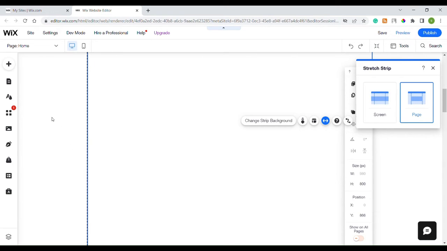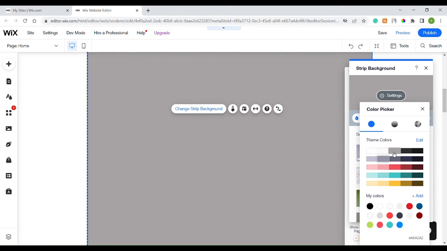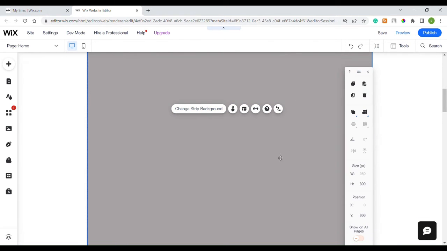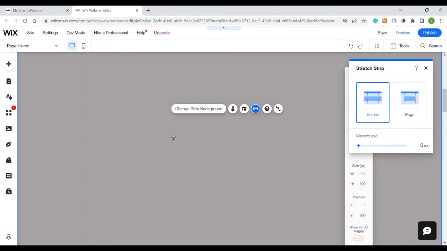Here is the background of the page basically, and this is the strip. So I will add a color so that you can understand it better. As you can see, we have given color to the strip, and this is the strip. And if we just click on screen, as you can see, now it is like a full screen width of a strip. But we also have a custom option to give the padding